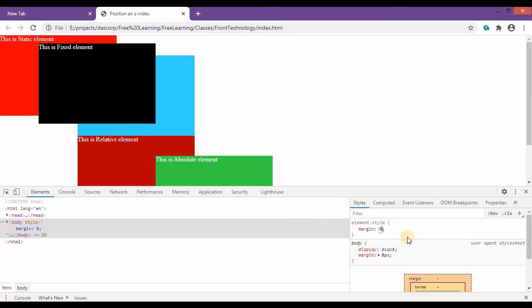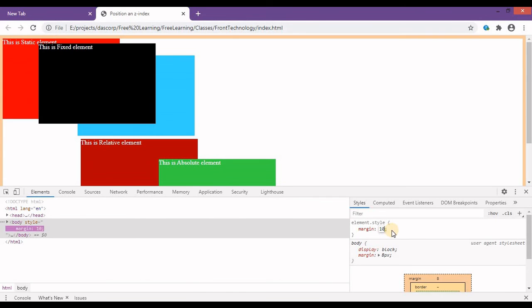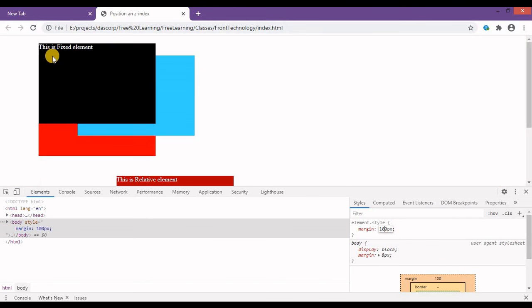Now as you have seen the behavior, the other elements moved up a little bit, but this fixed element didn't move up. Now I'll change it again, to 10 pixel or maybe 100 pixel. As you can see, this element's position is fixed. There is no change, whether the parent element has some margin or some other value.